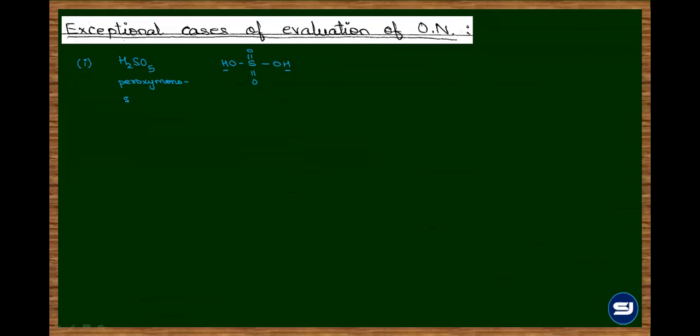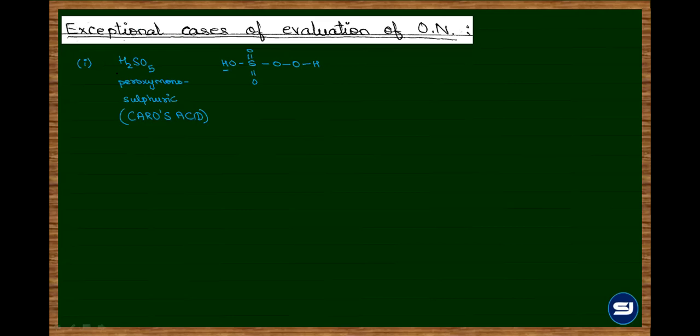Peroxy monosulfuric acid. So from the name itself, you understand that there is a peroxy linkage. And what is a peroxy linkage? Oxygen to oxygen, joined by a single bond. Perfect. So instead of this oxygen, we have oxygen, single bond oxygen, and then H. This is your peroxy monosulfuric acid, which is very importantly also called Caro's acid. So that is the nomenclature and structure.